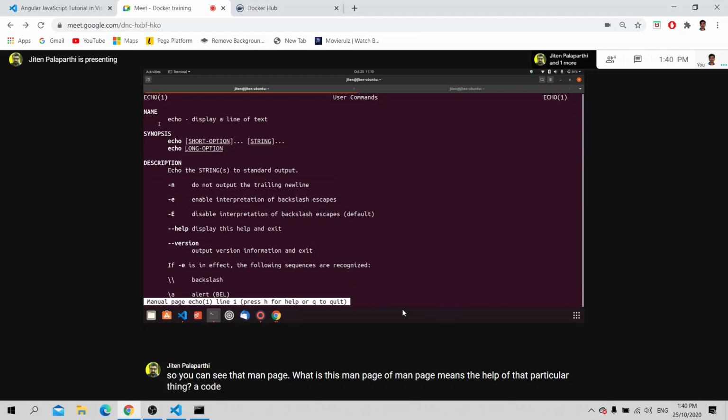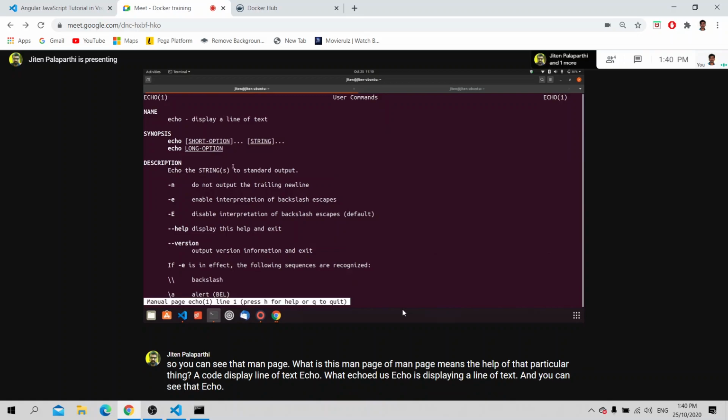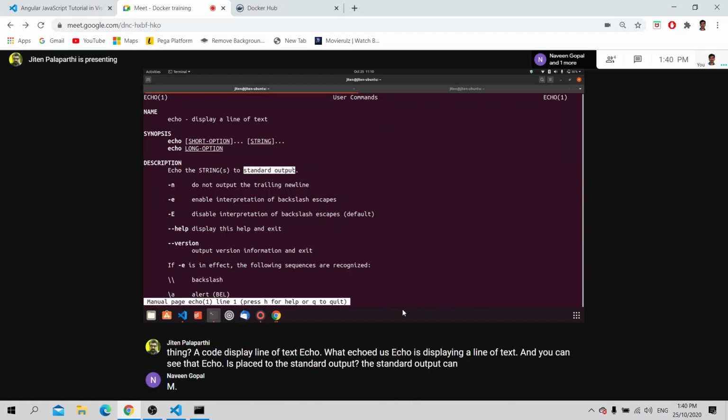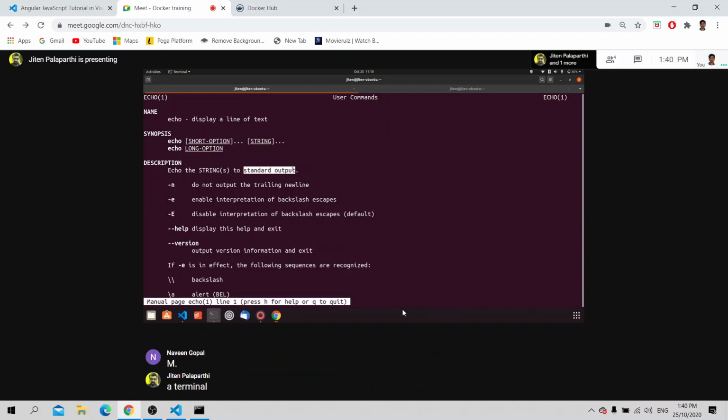Echo displays a line of text. Echo displays to the standard output. The standard output can be a terminal, a file, a web service, or anything else. Anything that is written to standard output is considered a log according to Docker.